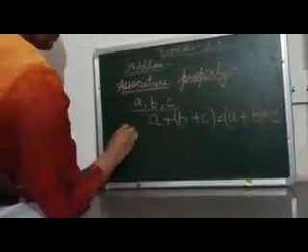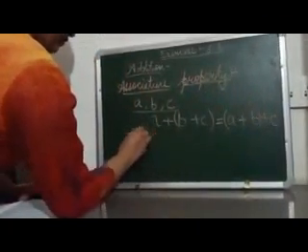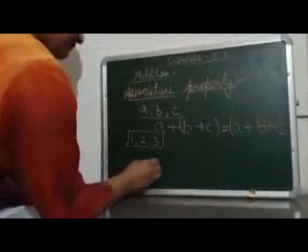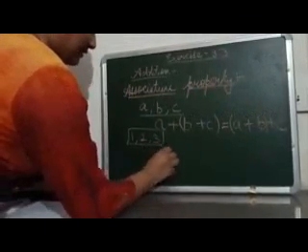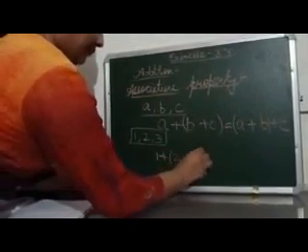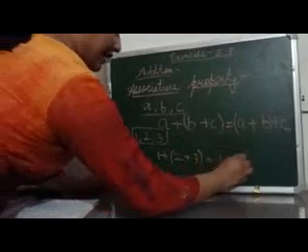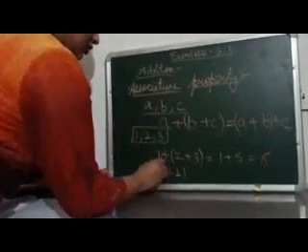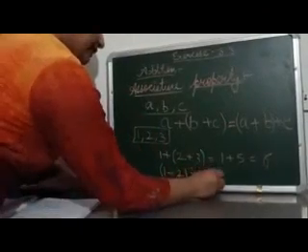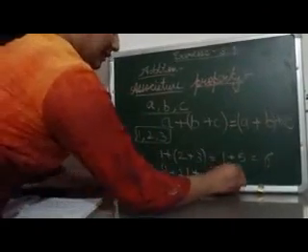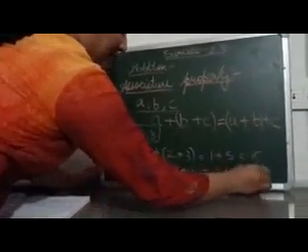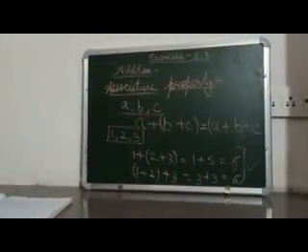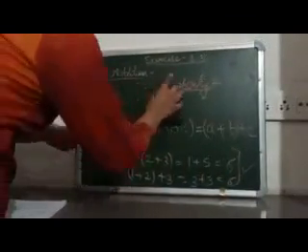For example, suppose I take 1, 2 and 3. All these are integers. So that means 1 plus 2 plus 3. This is 1 plus 5. Answer is 6. And if I group the first two integers, then 1 plus 2 is 3, 3 plus 3 is 6. That means the answer is the same in both the cases. So we can say that associative property holds good in case of addition of integers.